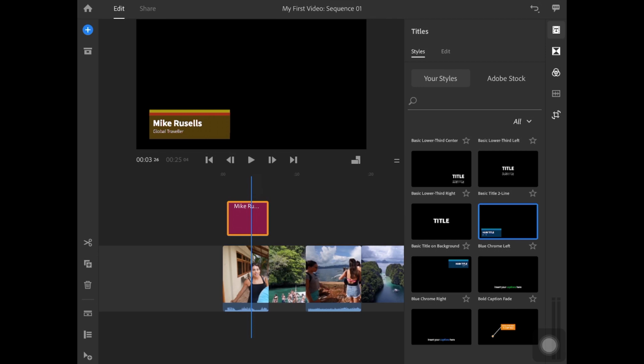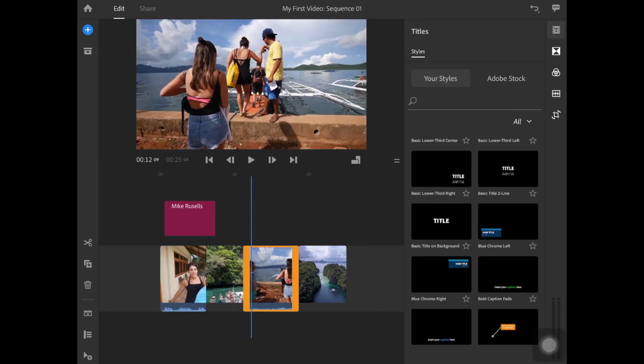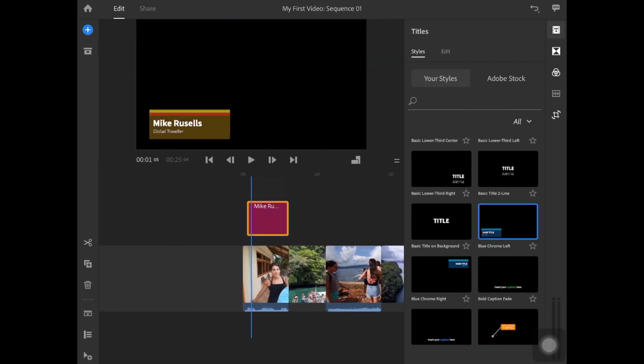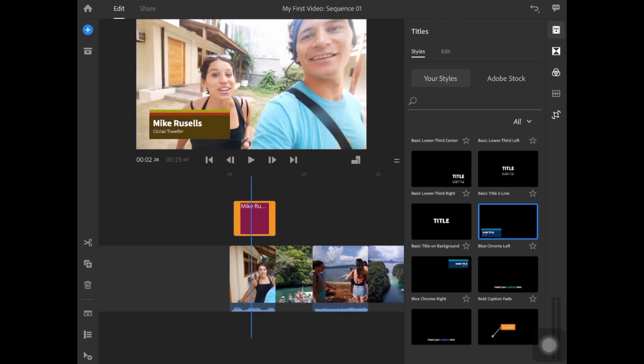So by the end of the 1st clip, and see, it's pretty intuitive, as you drag along, it automatically snaps to the end or the beginning of each clip. Rush is an intelligent software, and it's very convenient. So I think that's where I want that to end, at the end of the 1st clip, because that's until where we see Mike, so that's fine.